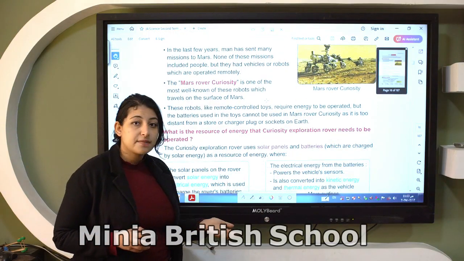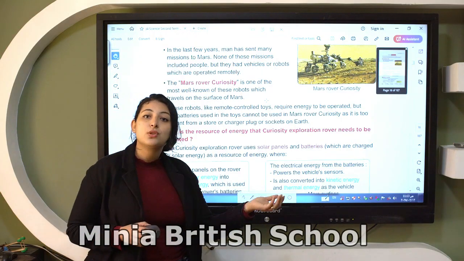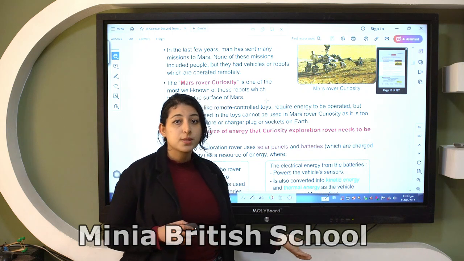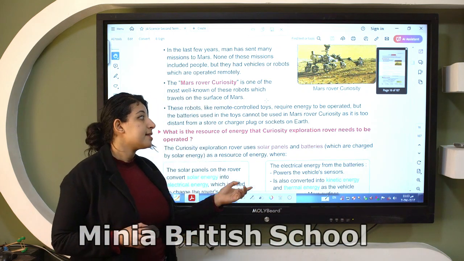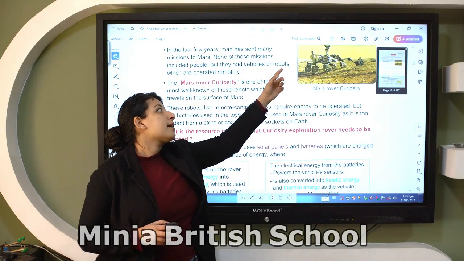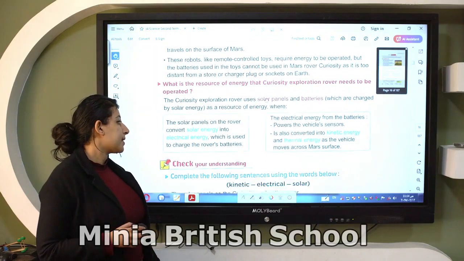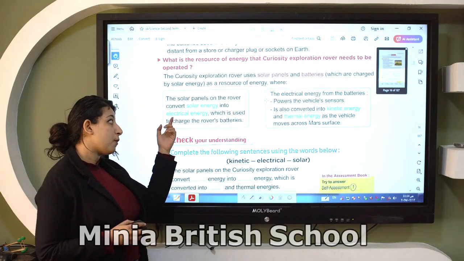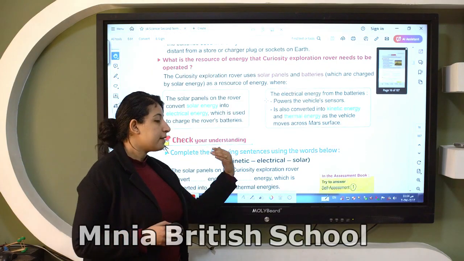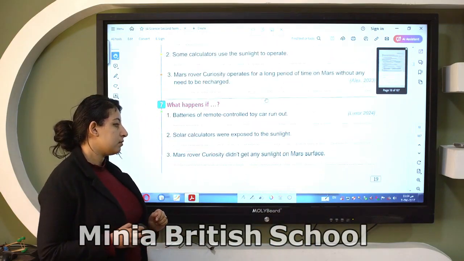So the Mars rover Curiosity can change the electric energy into kinetic energy when it moves. Also, we get thermal energy due to the friction between the Curiosity rover and the planet Mars. So I can say energy changes from solar to electric, finally to kinetic and thermal. As well,